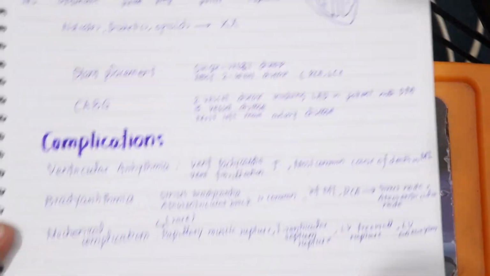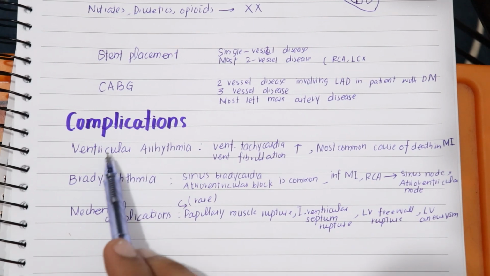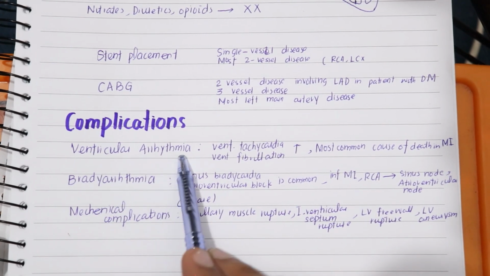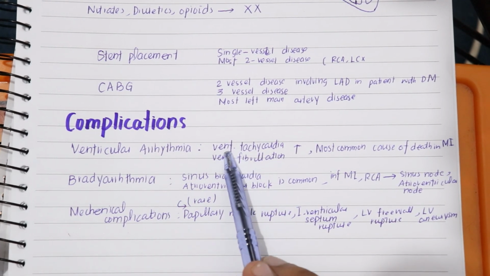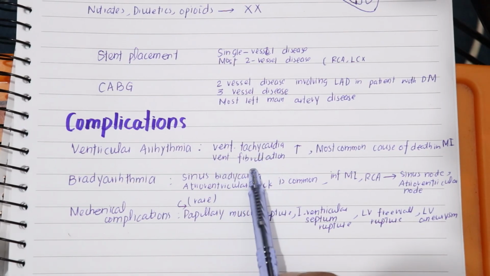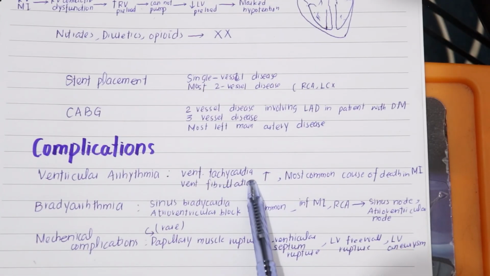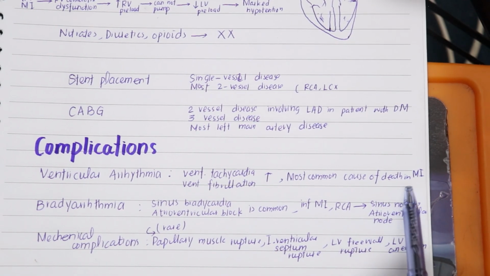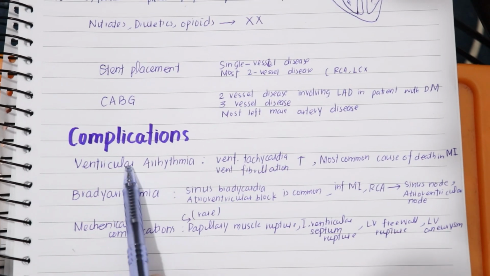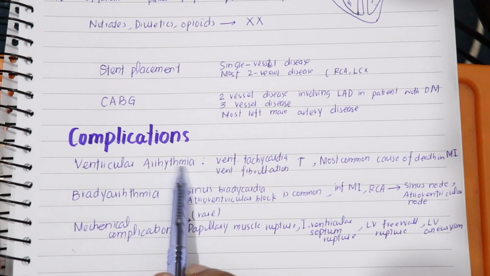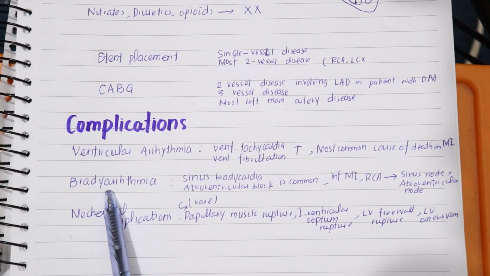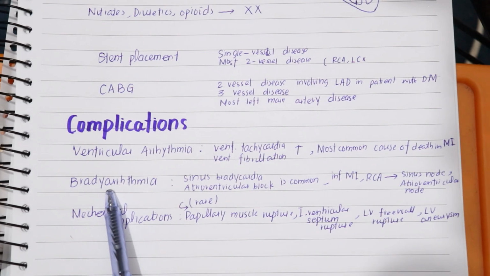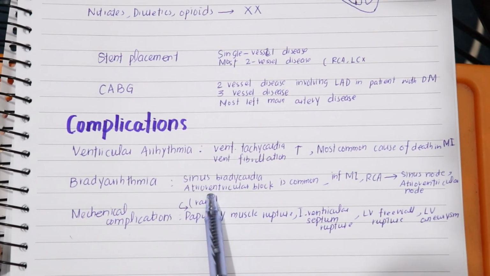So what are the complications? The first complication of MI is ventricular arrhythmias. There could be ventricular tachycardia as well as ventricular fibrillation, high risk. It is the most common cause of death in MI. In most patients, why does the patient die? Because of ventricular arrhythmias. The second complication is bradyarrhythmias, like sinus bradycardia as well as